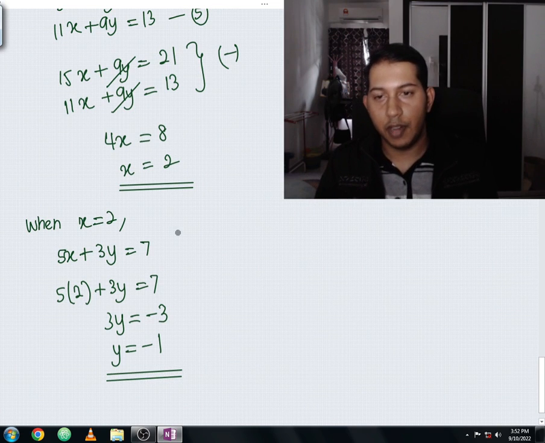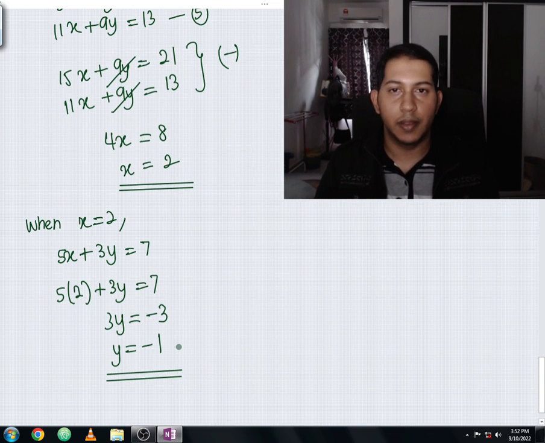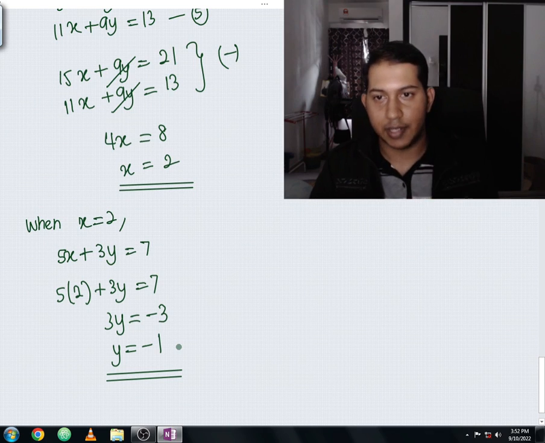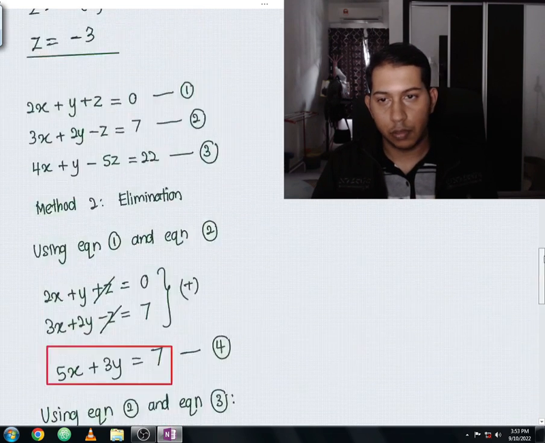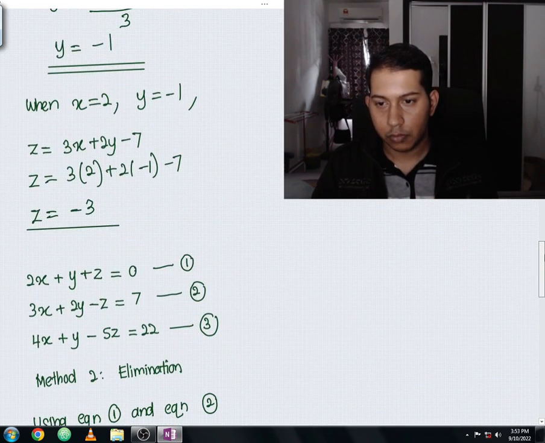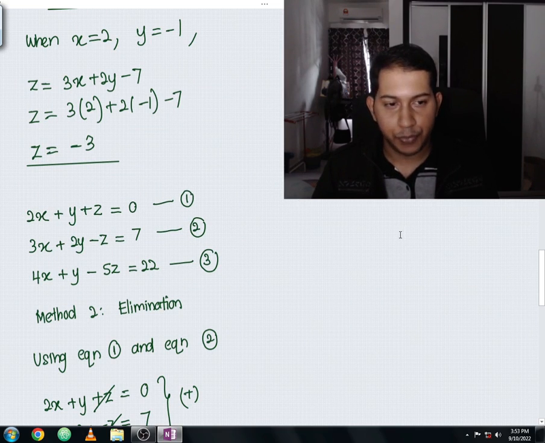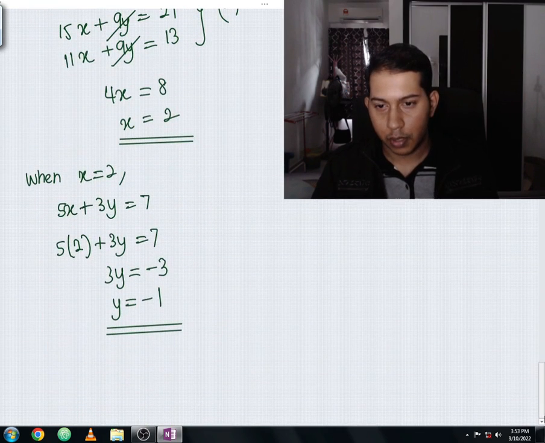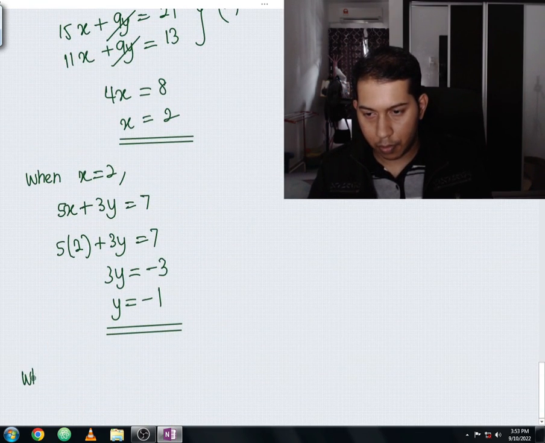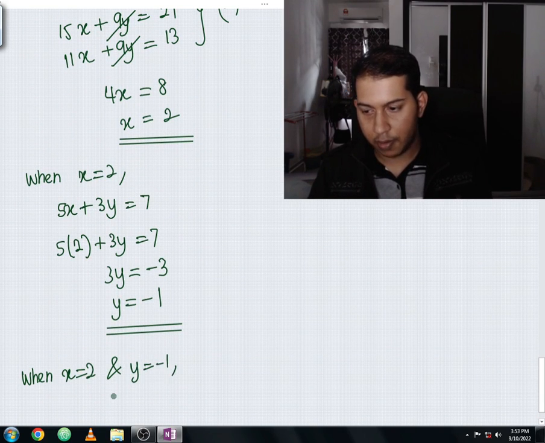We have already found the x, we have already found the y. Can we find the z? Yes, we can. To find the z variable, you can choose either one of these equations. From here we choose to substitute into equation 1. So when x equals 2 and y equals negative 1,